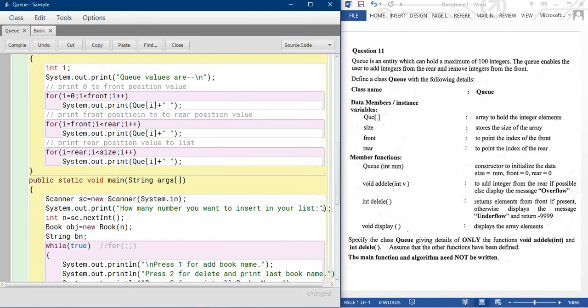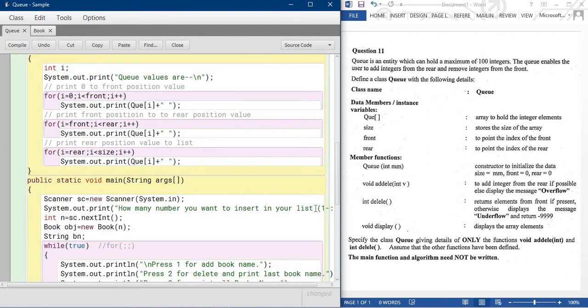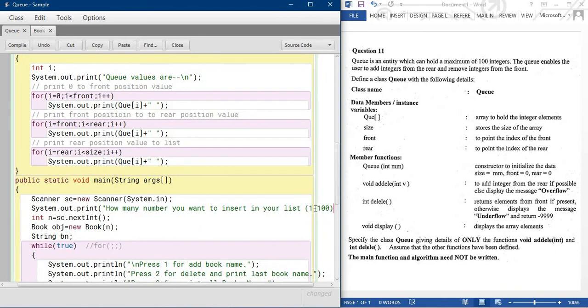In your list, within the first bracket, you will use 1 to 99, so 100. You cannot enter more than 100.